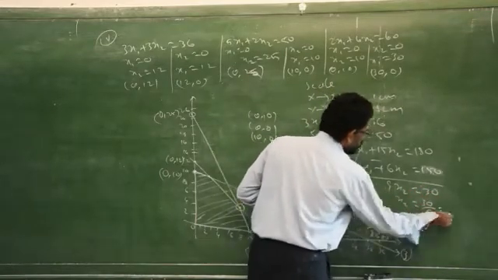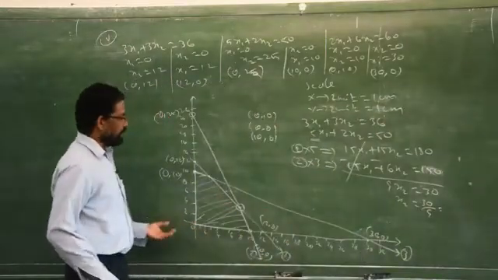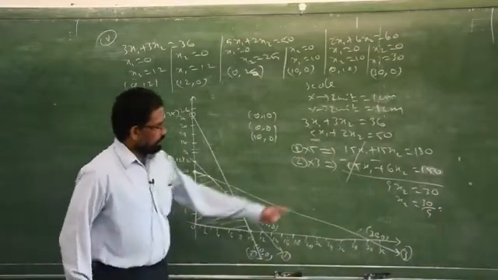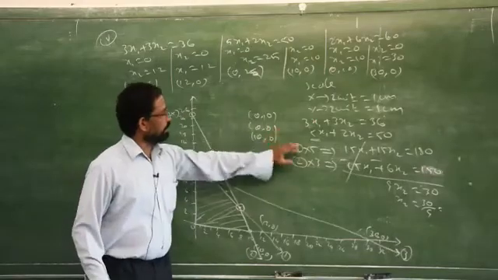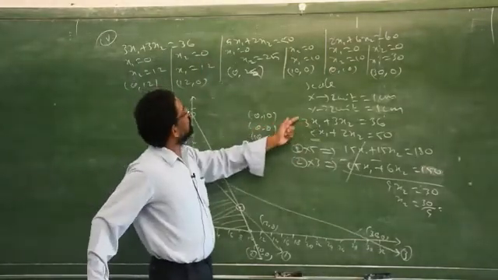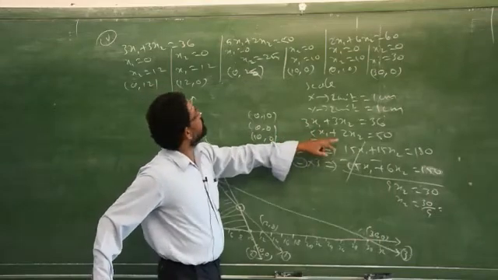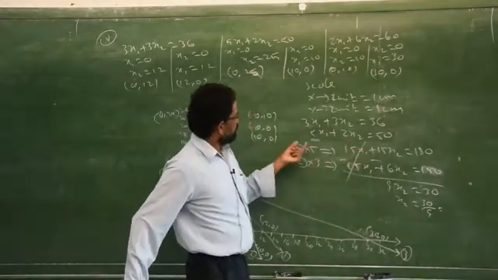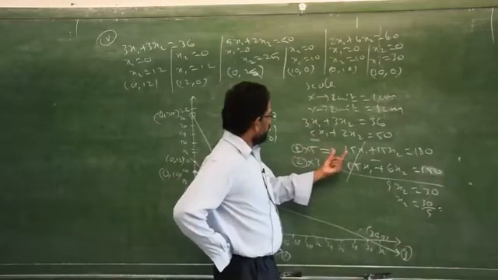30 by 9. So I told you already, sometimes you will get decimal parts. See, I got decimal values. But you have to check whether it is correct or wrong by seeing the equations. Sometimes you make mistakes. Let me check 5x1 plus 2x2 equal to 50. You have to multiply the first equation by 5.